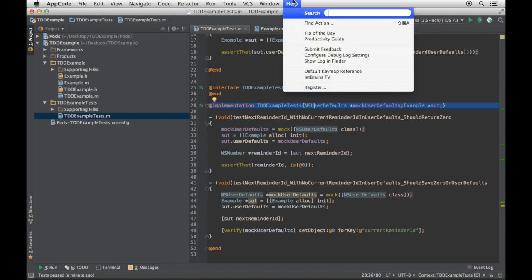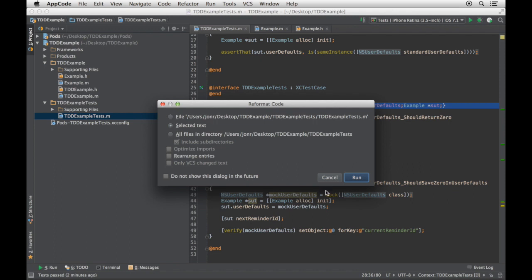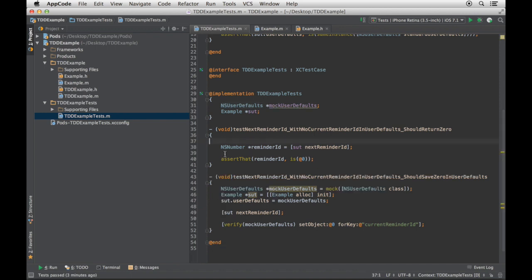Now, I happen not to remember how to do that, except that there is this help, Find Action. Why didn't it show? Oh, there it was. Reformat. And it says, what would you like to reformat? Oh, I'd like to reformat that. Boom. So that's a little bug. Won't be hard at all for them to fix, I'm sure. Okay, let's extract this. Yeah, let's just go with that.